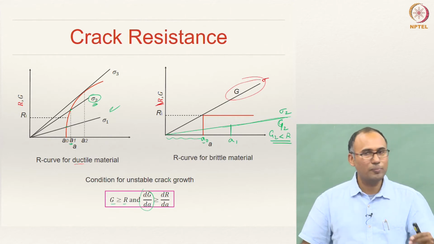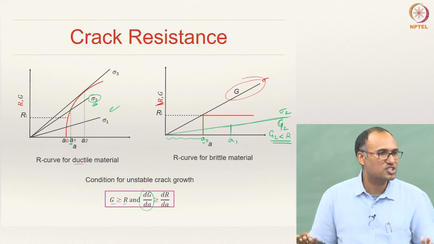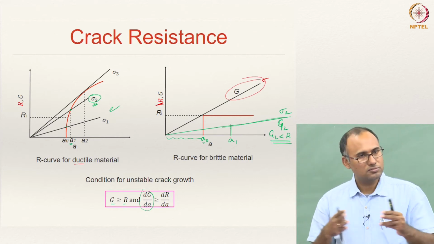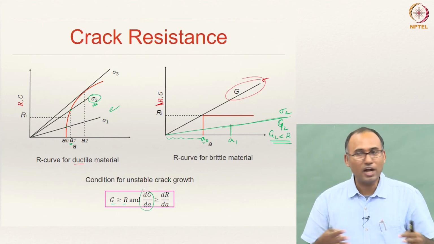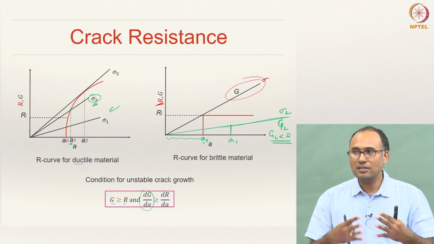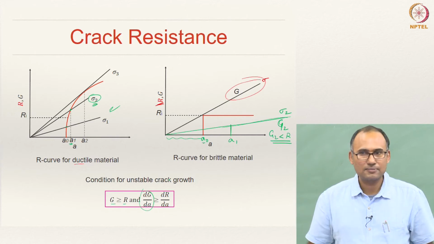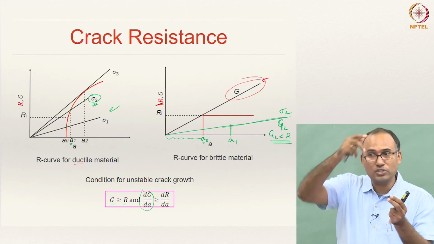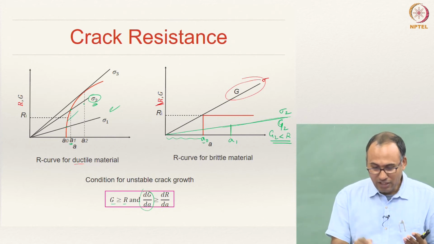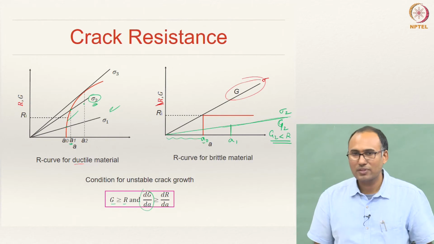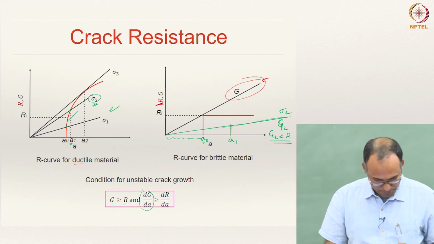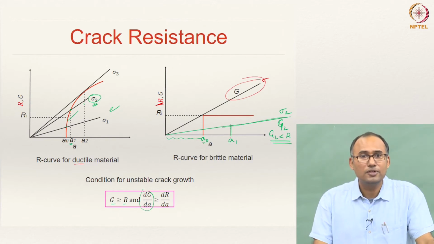So the crack propagates up to a certain distance and then it stops. Although from the design perspective, you have to replace the windshield, it is not going to break like the window glass breaks. That is because there is some reinforcement which is sort of offering the R curve. The R curve of that material is actually increasing as the crack is growing. Can you see that? Okay. Any questions here? No questions.